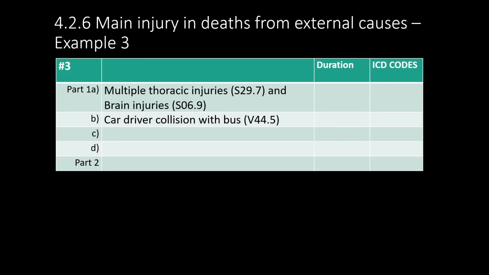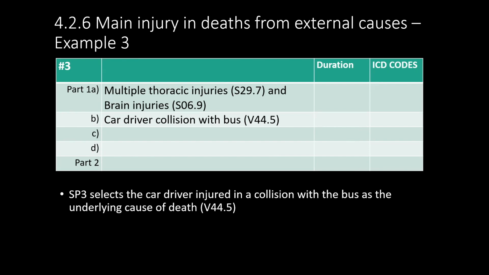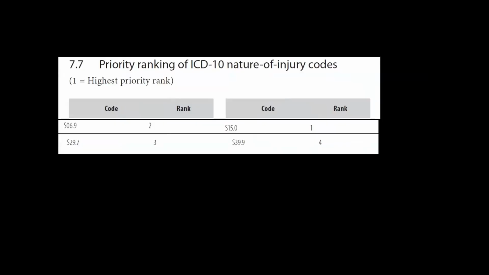Let's go through this example. 1A, multiple thoracic injuries, S29.7, and brain injuries, S06.9. 1B, car driver collision with bus, V44.5. SP3 selects the car driver injured in a collision with the bus as the underlying cause of death. Therefore, the underlying cause of death is V44.5. When you check the Annex 7.7 priority ranking of ICD-10 nature of injury codes, you will notice